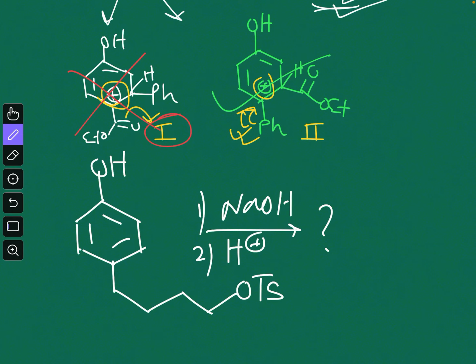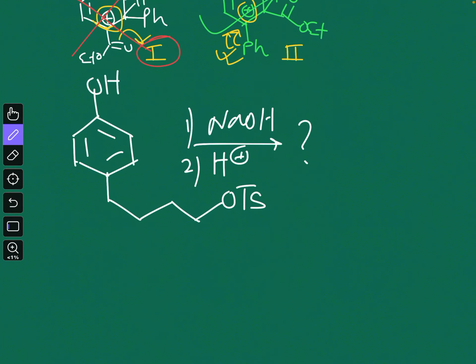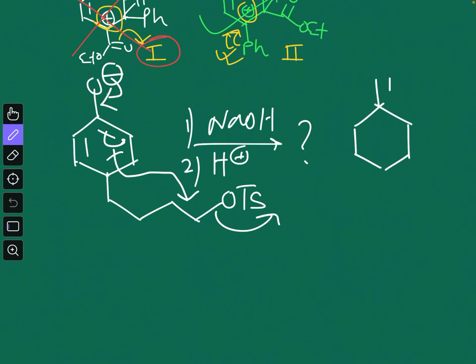What will be the product? This actually involves the dienone phenol rearrangement. So in the first step, when you put base, what will happen? It will become O-. Now this O- pushes its electrons, it will go here, and this will attack over here to kick off this OTs group. So from here you will get some intermediate like this. So here you have this 1 2 3 4. So this is the intermediate you will get out of this.